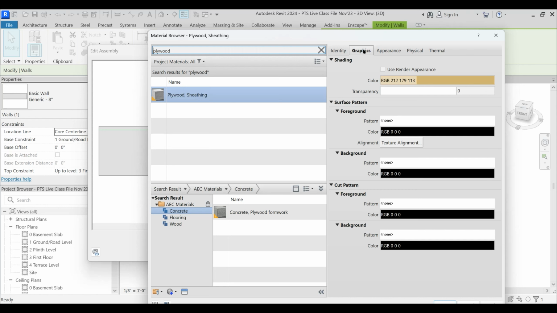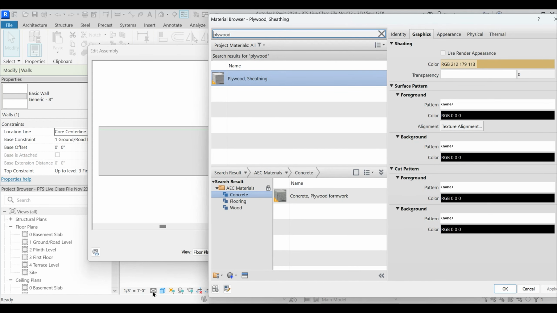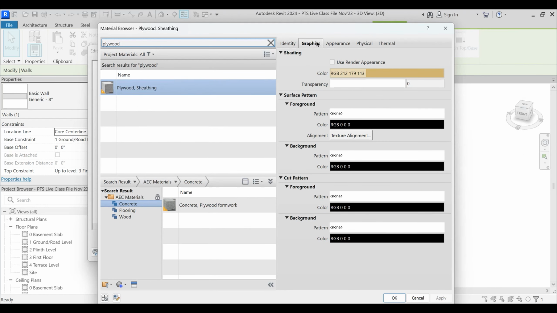So this graphics is meant for the detail level when it is set to fine or medium, and when the visual style is set to shaded. At that time this graphics will come into picture.